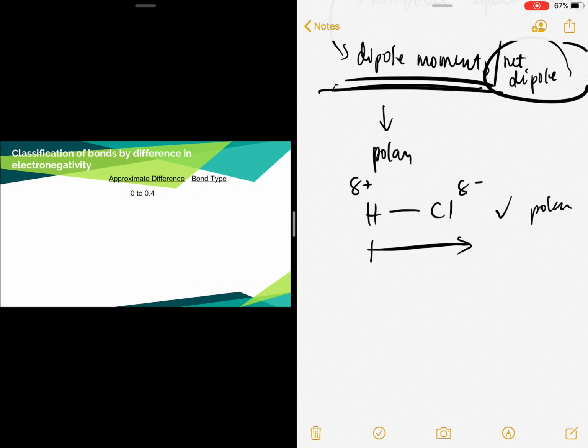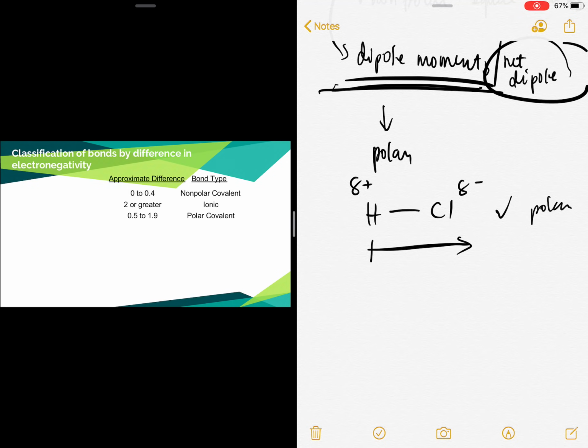So you have 0 to 0.4, that is nonpolar covalent. 2 or greater, that is ionic. 0.5 to 1.9, that is polar covalent. Very easy now. You just have to remember these values. But